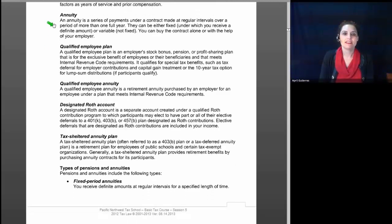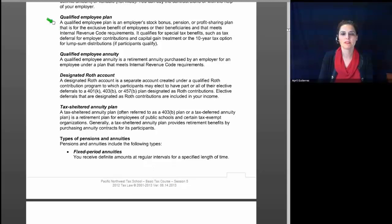An annuity is a series of payments under a contract made at regular intervals over a period of more than 1 year, and they can be either fixed or variable. You can buy the contract as an individual, or you can buy it with the help of your employer. A qualified employee plan is essentially what I personally think of as a pension plan. It's just another word for pension plan if you ask me,